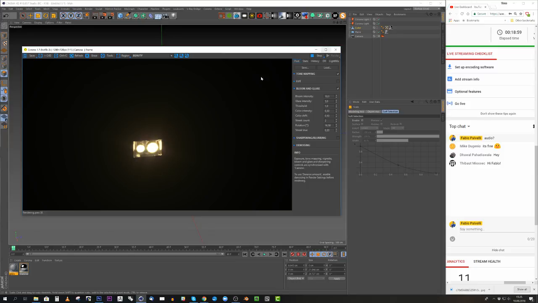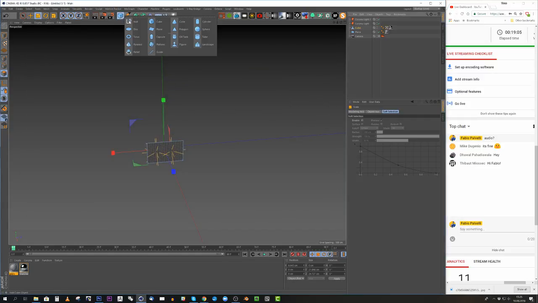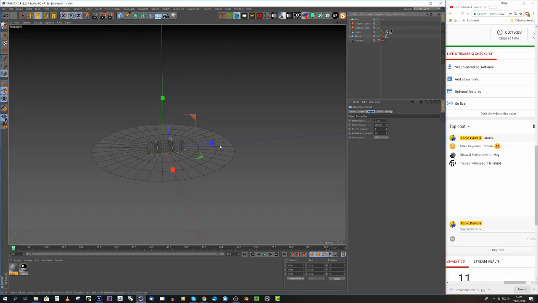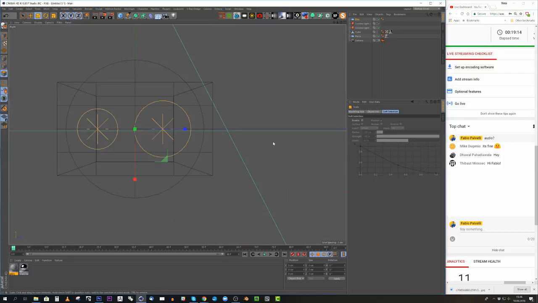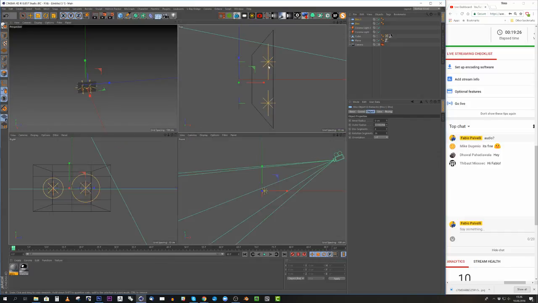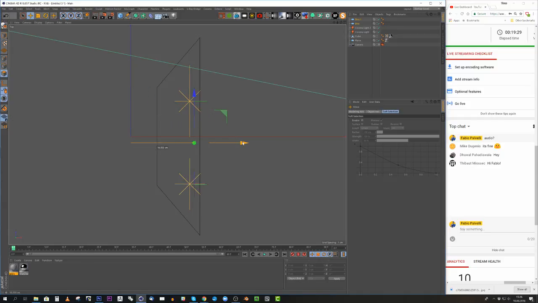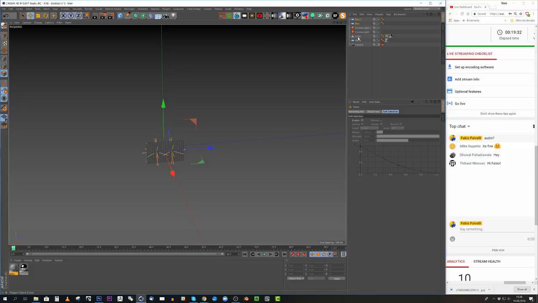Very cool. And now, in order for me to add some details, one of the things that I do is probably, you know, put some elements in front of the lights, like say a disc. I scale it down, I'll go front view, scale it down, put it in front of this element, make a copy, scale that copy down, take both discs, move them right in front of the light. I'll make those disks also reflective. In this case, you know, if they're children of the cube, they're gonna inherit the same material. And now if I render these as well,